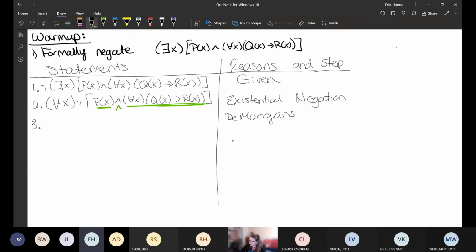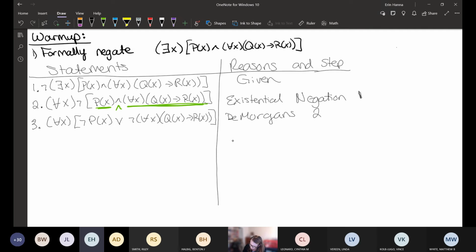Whoops, I'm being bad here. I'm writing the reasons, but not the steps. The first one was a step on line 1, and this will be De Morgan's on line 2. De Morgan's tells us to bring the negation inside and negate each piece. And yes, I'm missing a thing in the middle, that's why there's a space. I'll get to it in just a second. De Morgan's also says flip the sign. So at this point,